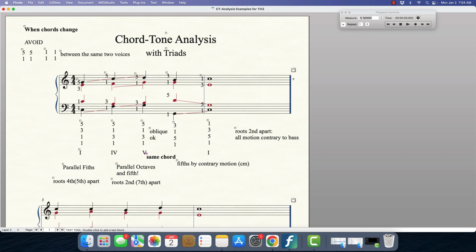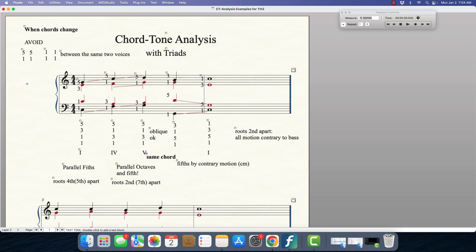In this video, I will try to introduce and explain how chord tone analysis works. So basically, when we're looking at chords, we have the situation where the chords change. For example, if I go from the 1 chord to the 4 chord, the chords have changed. Okay? So basically the rule starts with avoiding parallel motion of fifths and parallel octaves, which also would include parallel